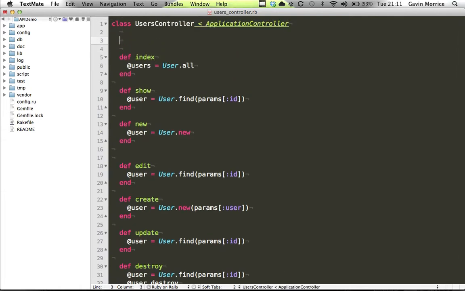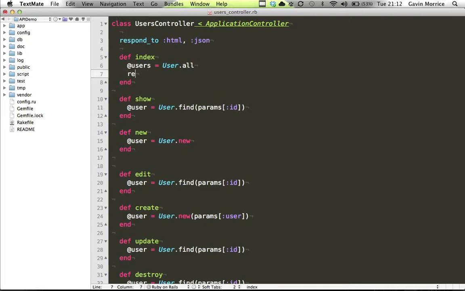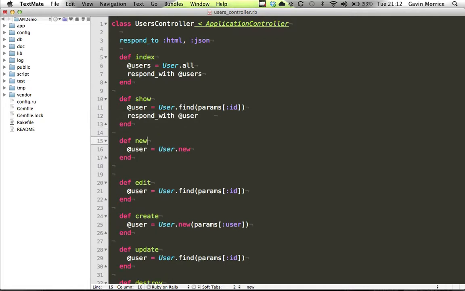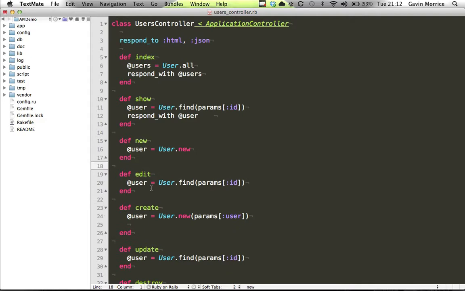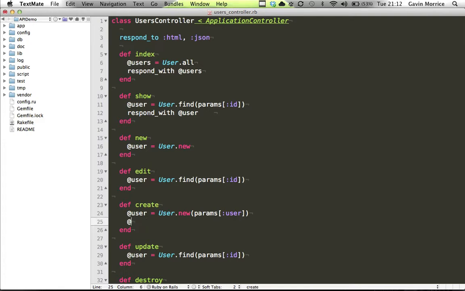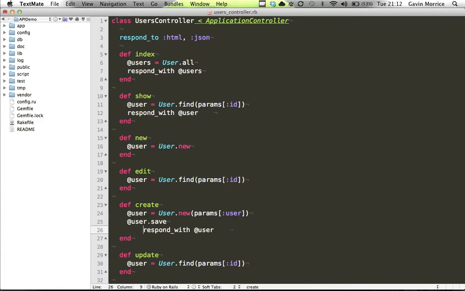Okay, at the controller level we want to tell the controller to respond to HTML format and the JSON format, and then simply say respond with in the controller actions. So we want to respond with the users here, user here. We don't need new or edit actions for the API because the API won't be rendering up any templates for those. In the create, we want to save the user first and respond with either the new user or the